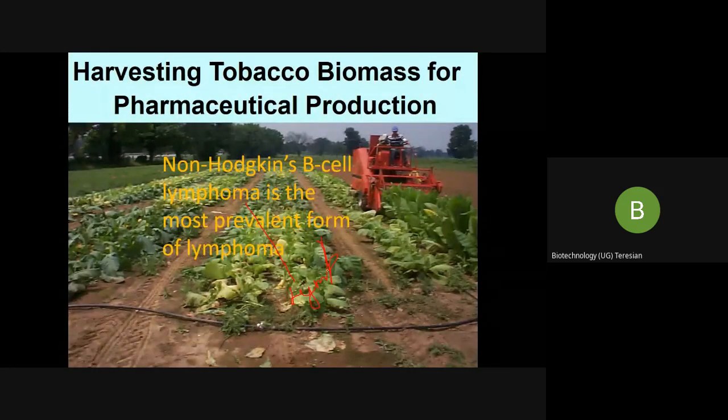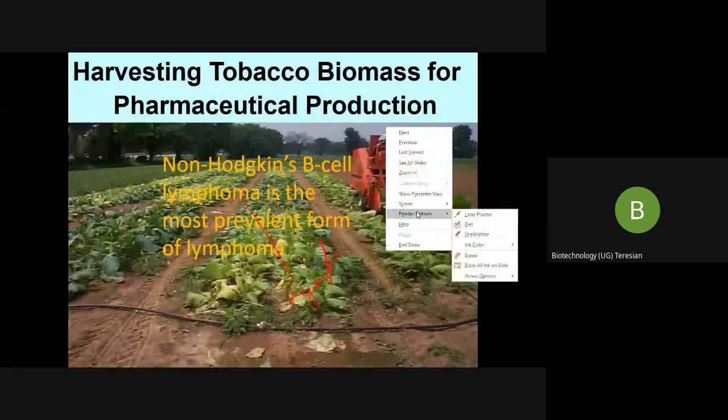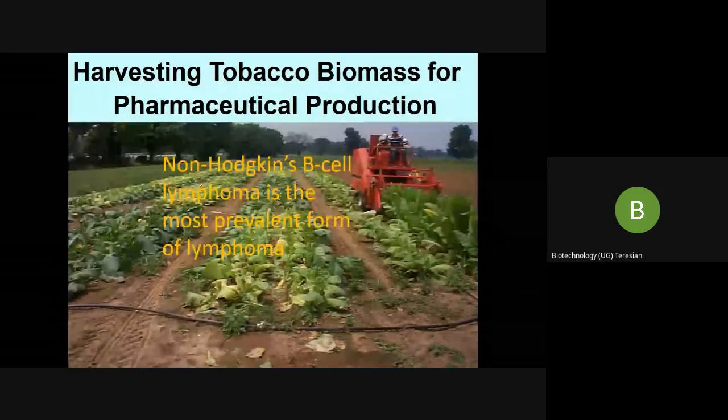Now what the scientists have done is, they have introduced cancer in the laboratory into the mice. So they have introduced this non-Hodgkin's B-cell lymphoma, the cancer, into the mice. Now what happens? My mice is having the cancer, malignancy. So it has ended up in cancer. Now the scientists have taken the gene that has caused cancer from this malignancy.